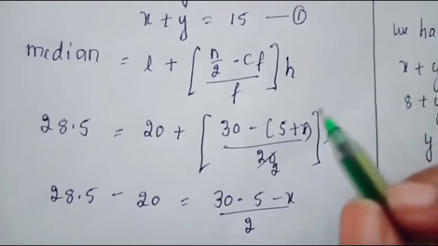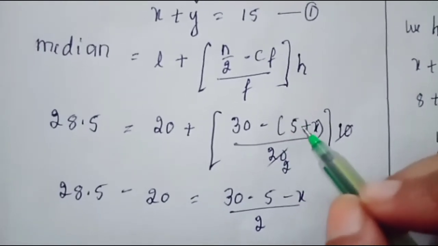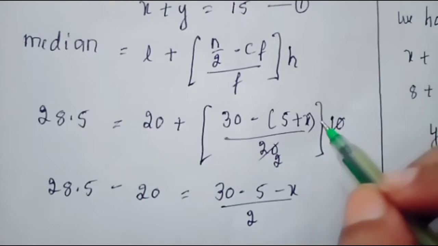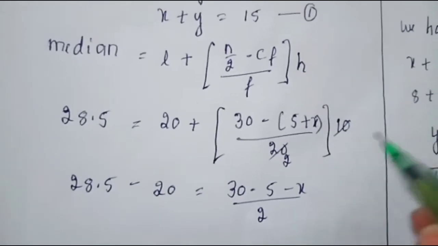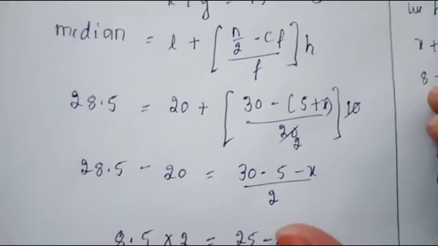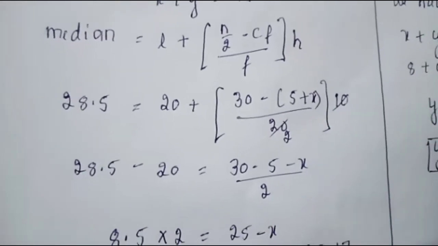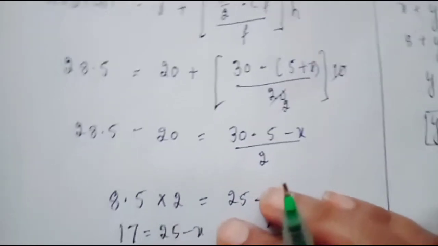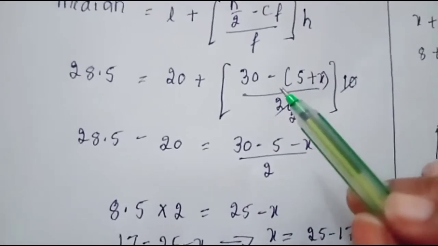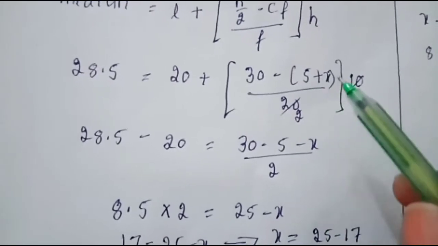It goes wrong. So minus should be multiplied with both 5 and x. The small things, if you concentrate, you get a correct answer. So very easy concept, but be careful in picking the median class and in substituting the values and finding the calculation. So minus 5, minus into plus, minus x.